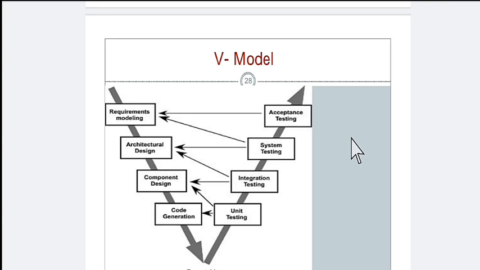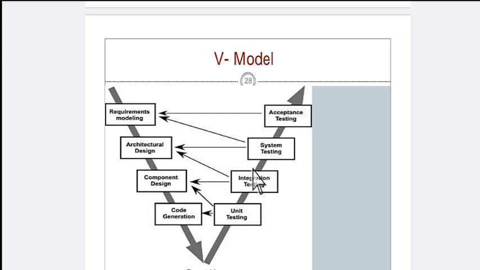So here the first path is from top to bottom. All the blocks you see here are arranged the same as in the waterfall model. Here every block depends on the previous block. But if you go towards the second way, these blocks don't depend on the previous stage. Okay, so here we will go backward through any one of the blocks.